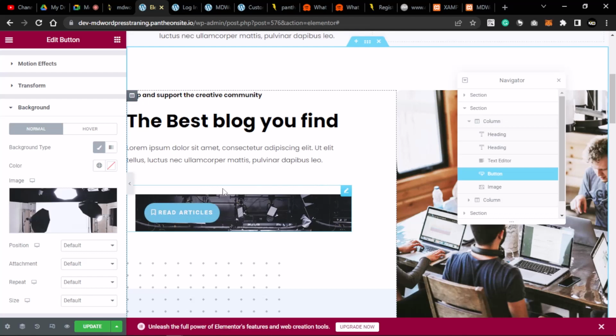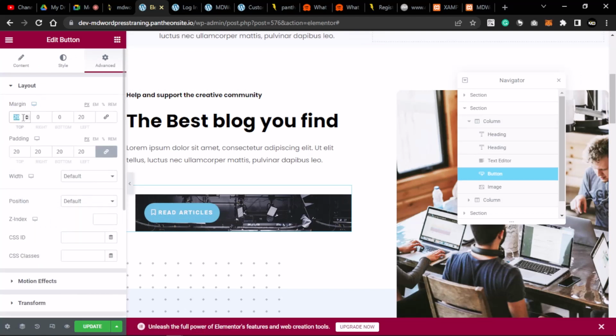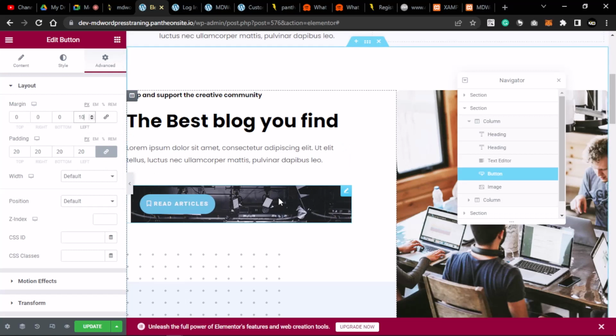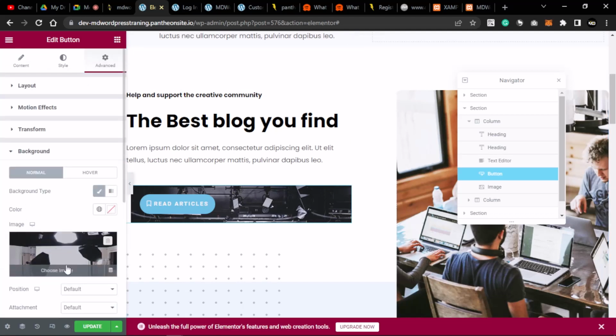But the reason why there is a space above it and to the left is because we have added a margin to the layout. So if I remove the margin we added, so 0, it will fill this entire section. So this is just to tell us that this button here is within this inner section, this section here. So you can also set the background that way, but I will just remove